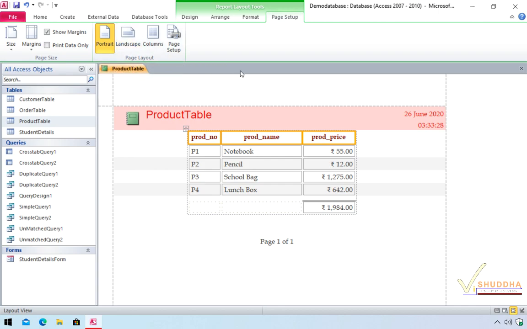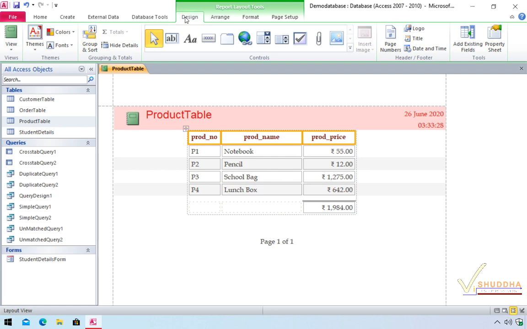And now let's go to the Design tab and see if there are some more things that can be added to the report. You have a lot of controls available in the Controls group which can be added to the report, and you can decide the events to be performed with the help of these controls. Let's see the header and footer section. From here, you can add all the things that you want to add to your report. However, in this case, we have most of the things already inserted. But in case you want to add some more things, you can select them from here.